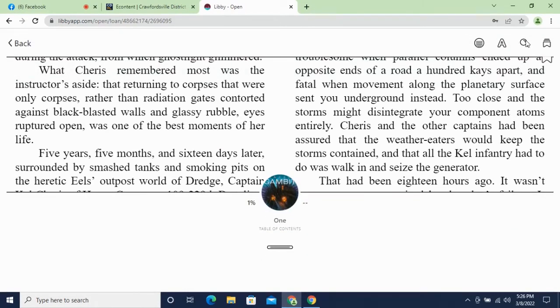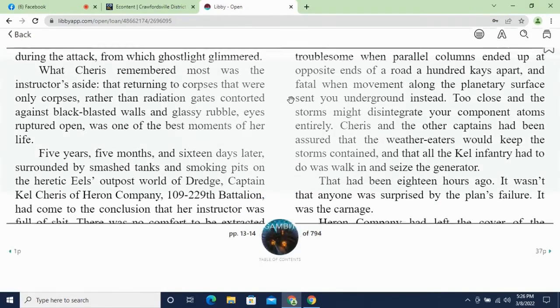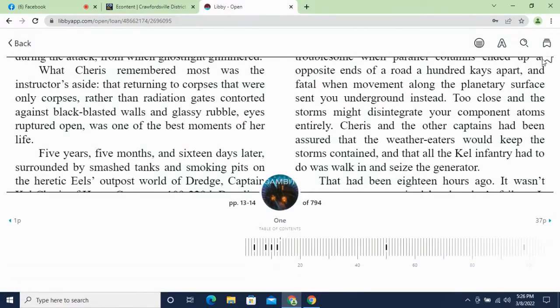You have a search option, so you can actually search for the book itself if you're trying to find a particular page or chapter or whatever it happens to be. And then up here, kind of in the corner, you can't see that super well, but right here is our little bookmark guy. So if you want to place a bookmark, like if you need to step away from the book for a little while,